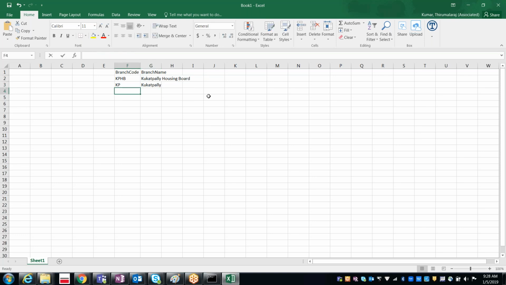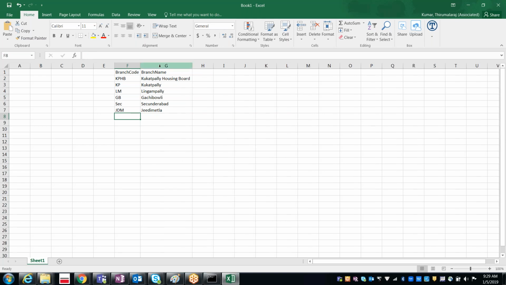If it is LM, Lingampalli. GB, Gachibowli. SEC, Secunderabad. JDM, GD Metla. Likewise, based on the branch code, I want to return the branch name accordingly.